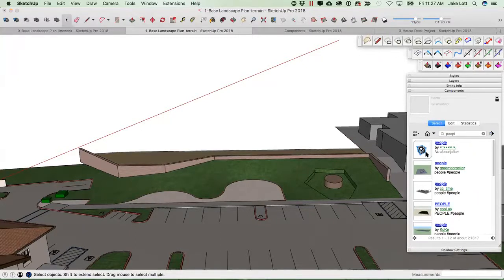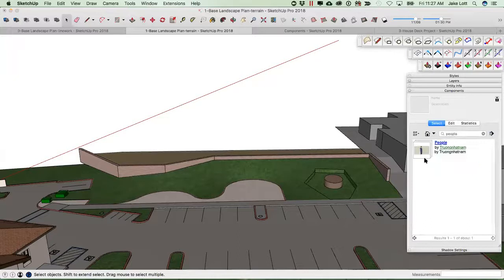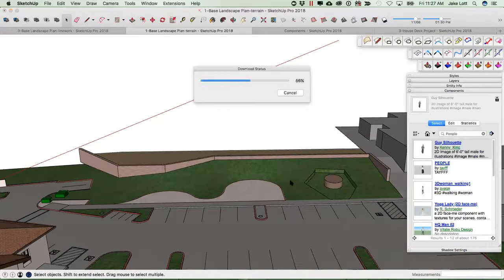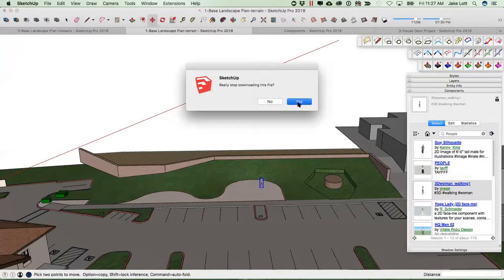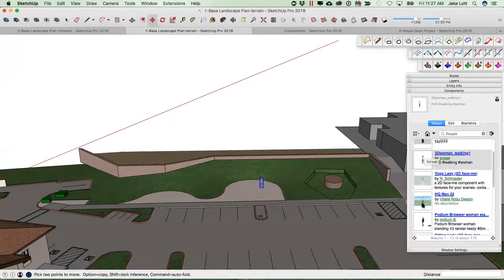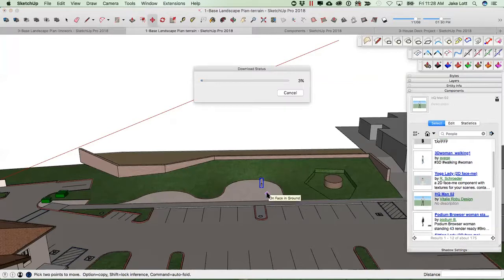All right. We'll grab this person. And we'll grab this person. Oh, she's a 3D. We don't want the 3D guy. So we'll just go ahead and pick this guy. You got to be careful with